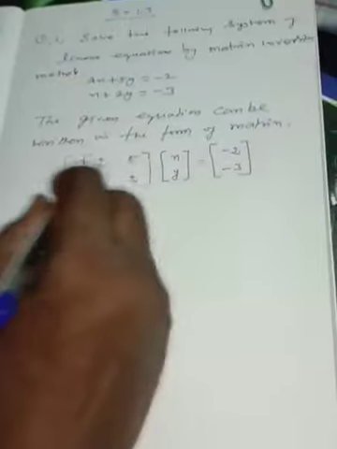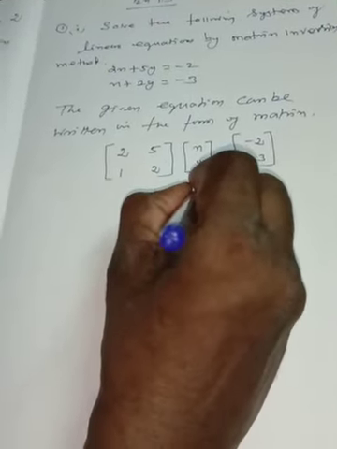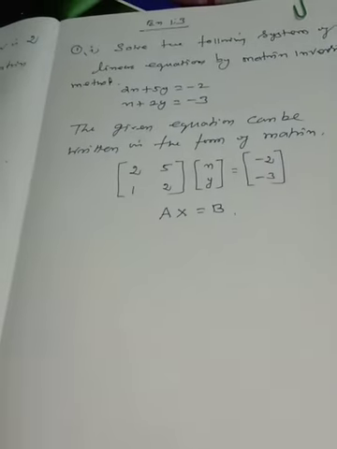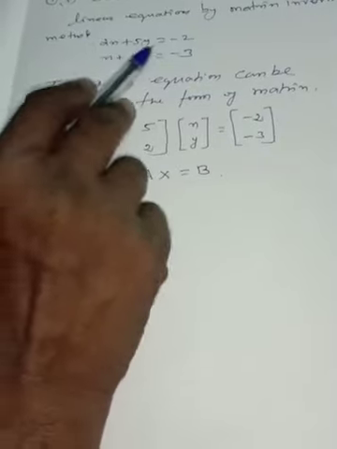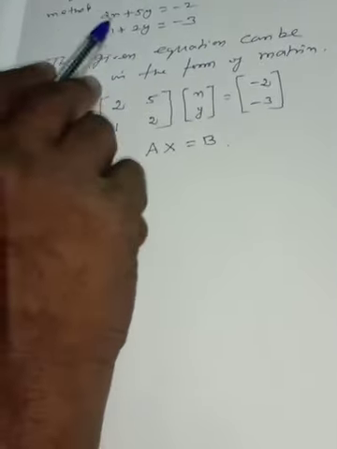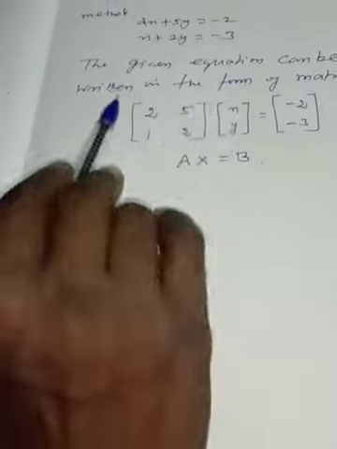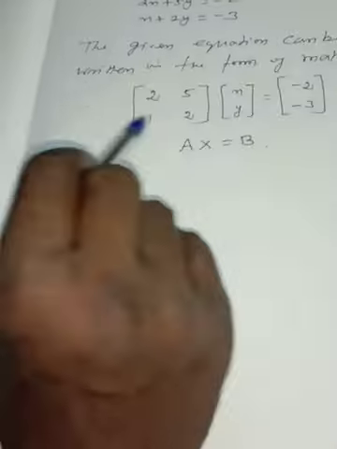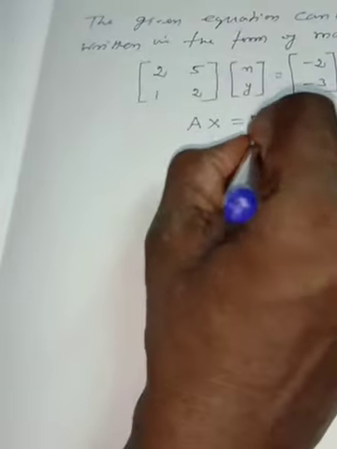This is of the form capital A X is equal to B. The given system of equations, the relation is x and y. Now the matrix equation is A X is equal to B of the form, where